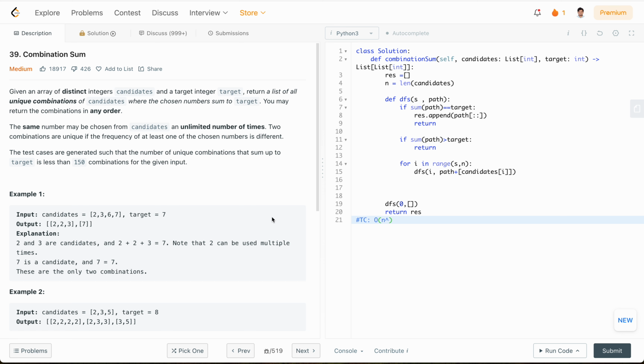Target is 1 basically. So O of n raised to target. That would be my time complexity. And for space complexity, we are having the elements up to the target, so this would be O of target. So yeah, this would be the time complexity and space complexity,